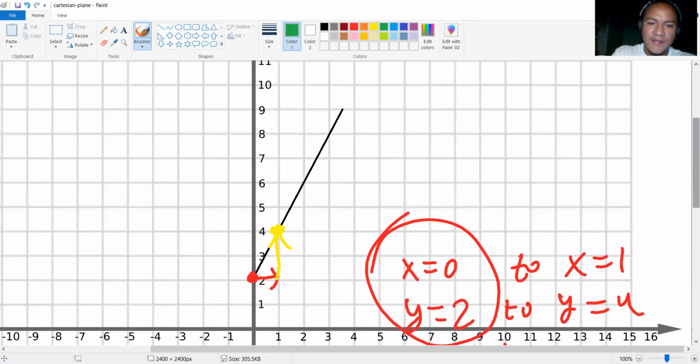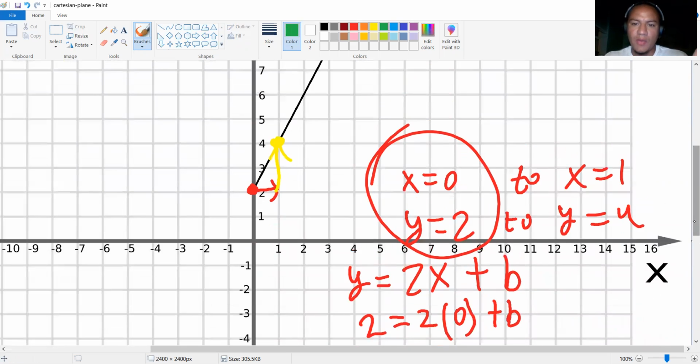You're multiplying. Every time that x goes up by 1, the number increases by 2. That's why you have 2x over here. And if x was 0, which it is in this area, x is 0 here, then y was 2. That's where the line started. That's what this point is right here.